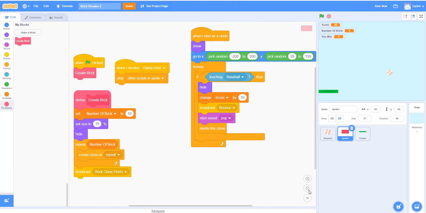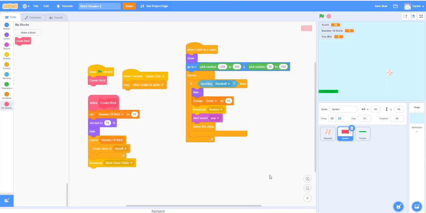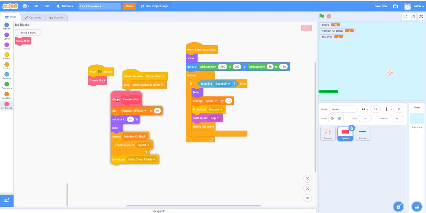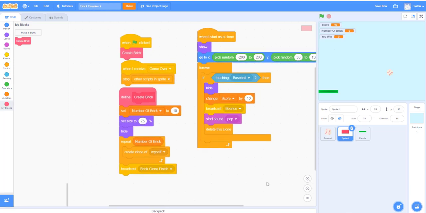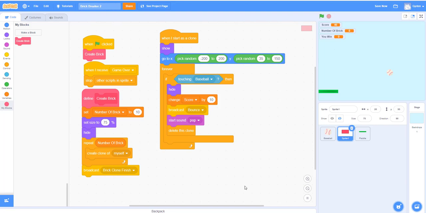Let me make it smaller, just in case you guys want to look at the code again. Let's put them closer together. We can zoom in one more time. Okay, so this is still the same, right? And you can give different score, correct? And the bounce, and then we say